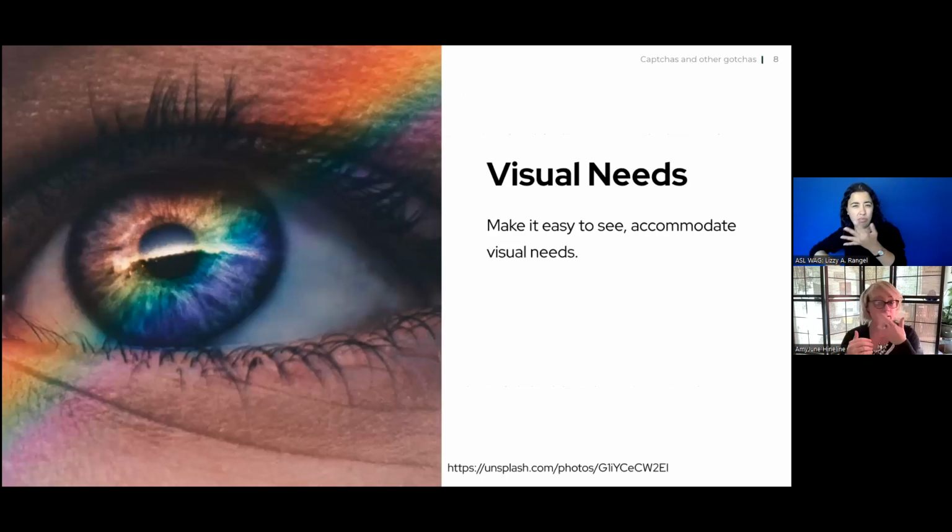So breaking it down even more, we want to make sure that it's easy to see, so we accommodate those visual needs. The Centers for Disease Control here in the United States reports that 12 million people 40 years and over in the United States have some sort of vision loss, including 1 million who are blind. But remember, there are other factors like cracked cell phone screens, or perhaps we're outside working and there's a glare. This is a beautiful picture of someone's eye with a rainbow running through it. You see the beautiful colors of the rainbow in the iris and across her upper eyelid.